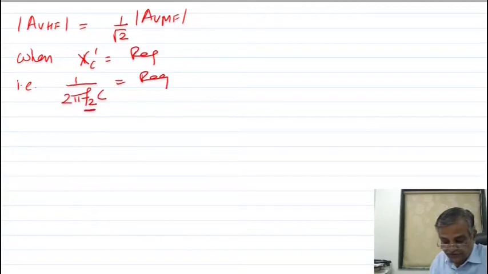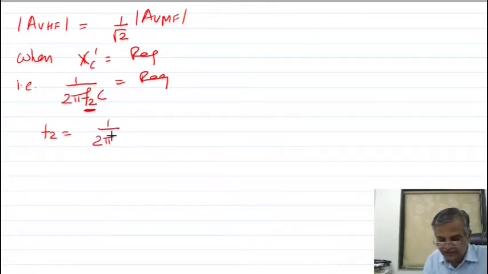The frequency f2 at which gain at high frequency is 1 by root 2 times the gain at mid frequency is called the upper cutoff frequency, and it is given by the